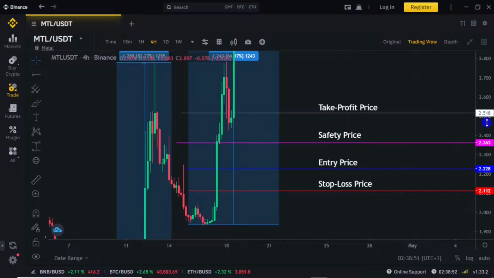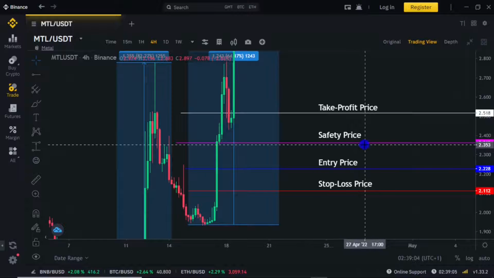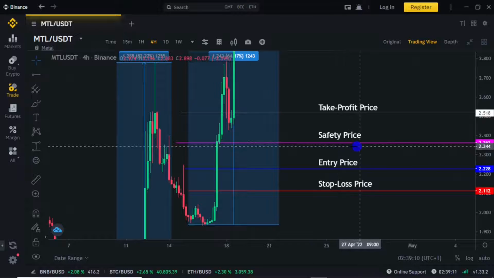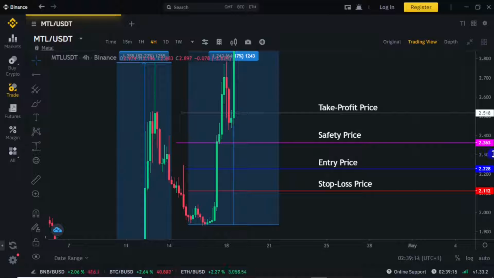Step 3. For you to get your take profit price at a 2-to-1 profit loss ratio, you have to measure 30% and then use the white horizontal line to indicate your take profit price, which is $2.5186. Step 4. For you to get your safety price, you have to measure 22% and then use the purple horizontal line to indicate your safety price, which is